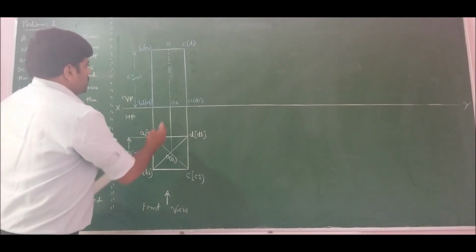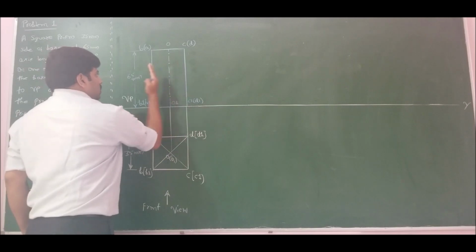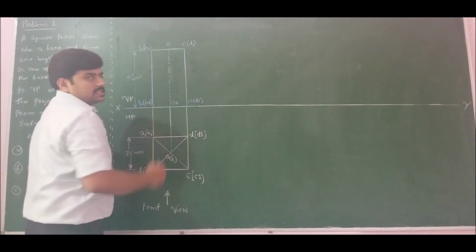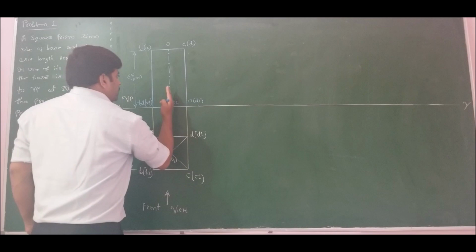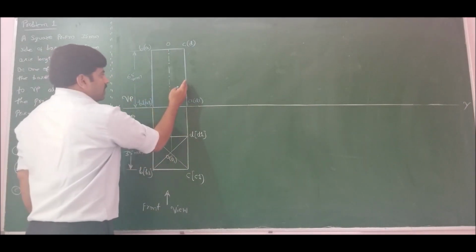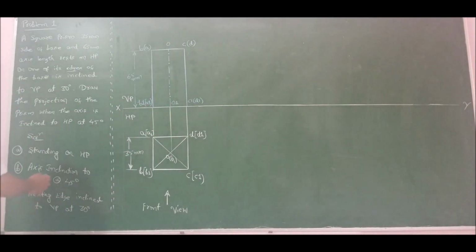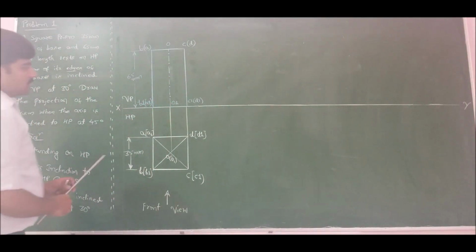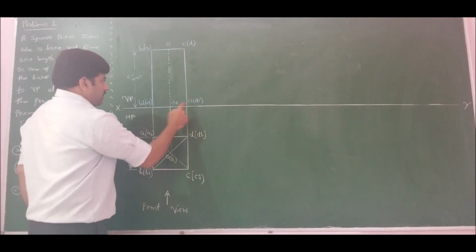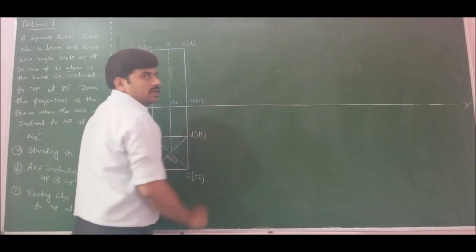So if you observe, in order to incline the axis, these two longer edges are parallel to each other. So therefore, instead of inclining the axis, I can incline these edges. If the edge makes 45 degree, obviously the axis will make 45 degree, and it is clear that it is resting on its edge. So since on both sides I have an edge, either I can rotate clockwise or I can rotate counterclockwise.